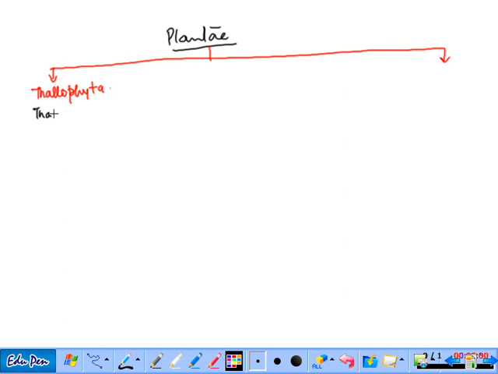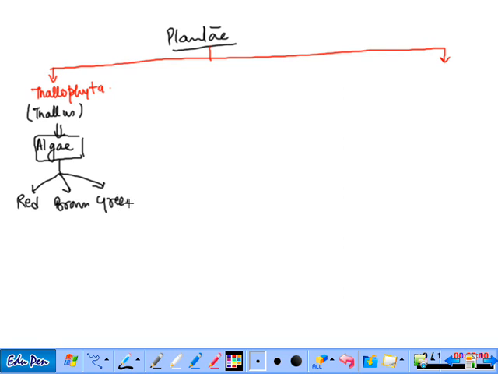Body has thallus, no true root, stem or leaf. So this thallophyta has one group, that is algae. This algae has three groups, that is red, brown and green. Red, brown and green. Then we have a